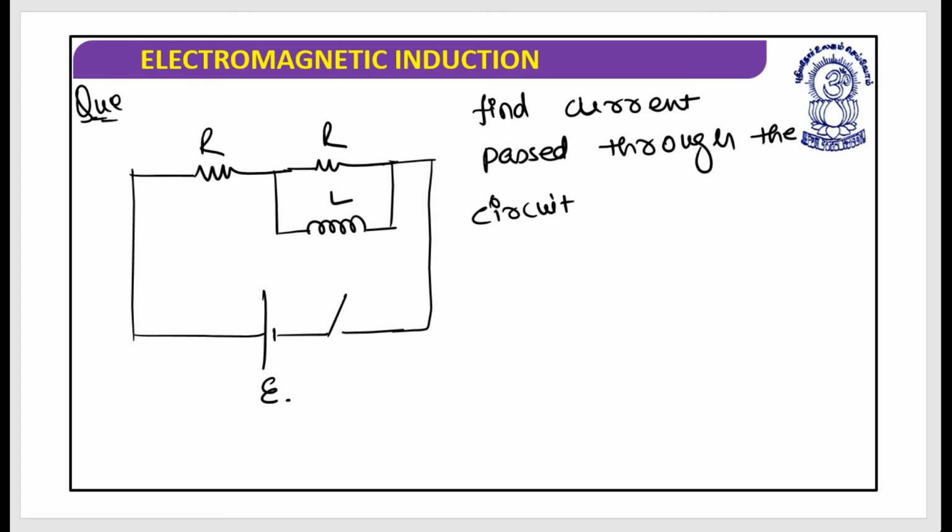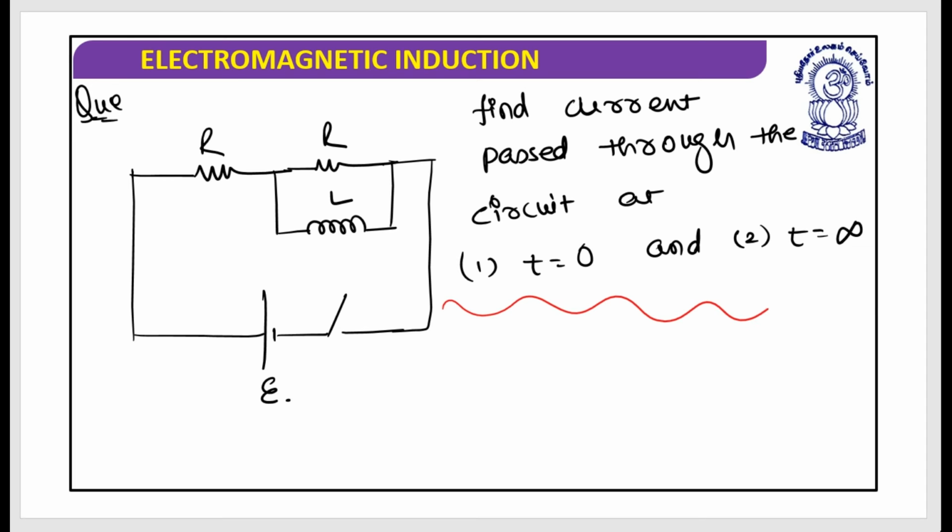at first t equals 0 and second t equals infinity. So you need to find out the current passing through the circuit at t equals 0 and at t equals infinity. How will you do this? How are you supposed to do this? When you want to find it at t equals 0,